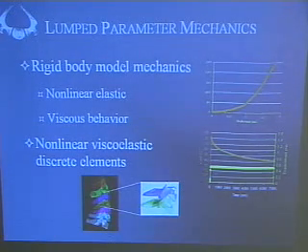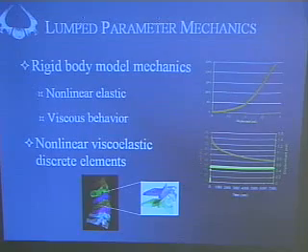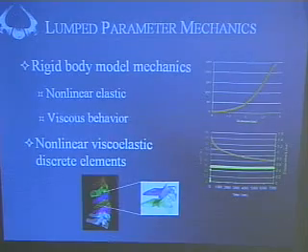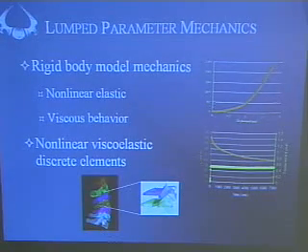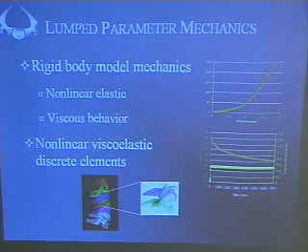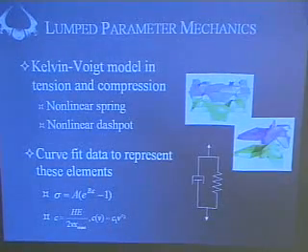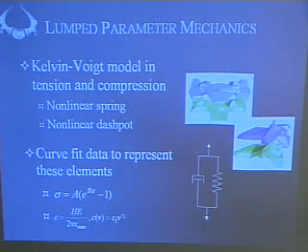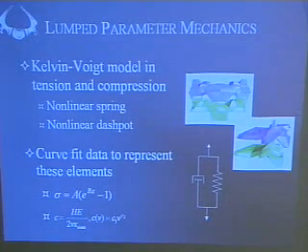And then we wanted to know, is it important in these tissues to include a viscous behavior? Is there a time-dependent behavior to the tissues? Well, in fact, when you run a step input and look at the stress relaxation of the tissues in orange here, the force relaxes over time. So there is that viscous or time-dependent behavior with rate. And so we needed to come up with discrete elements that were nonlinear viscoelastic. The simplest approach to that is to define those as a Kelvin-Voigt solid. A Kelvin-Voigt solid here is a spring and a dashpot in parallel with one another.